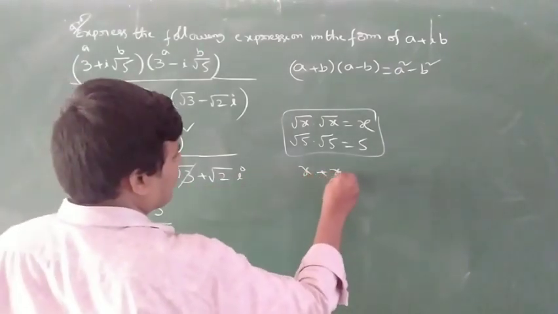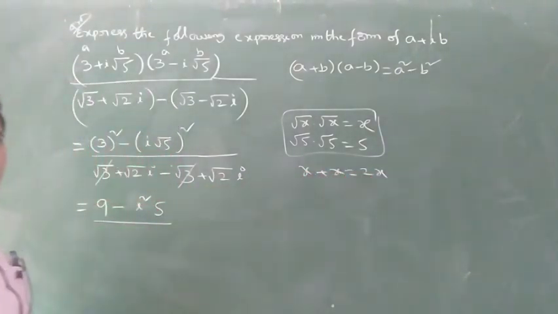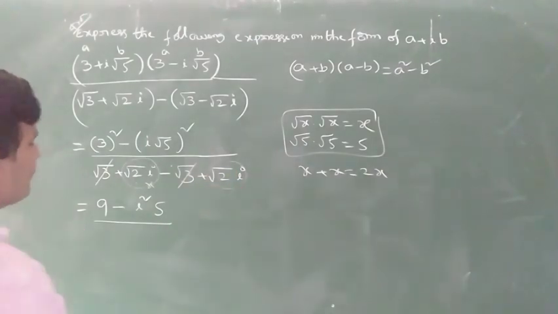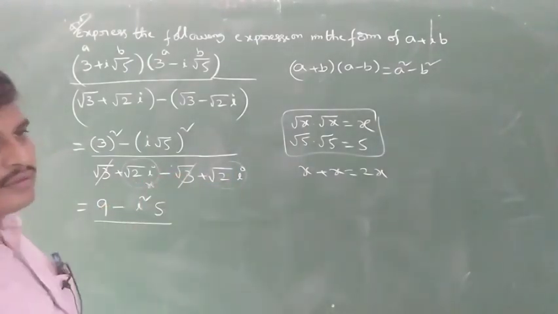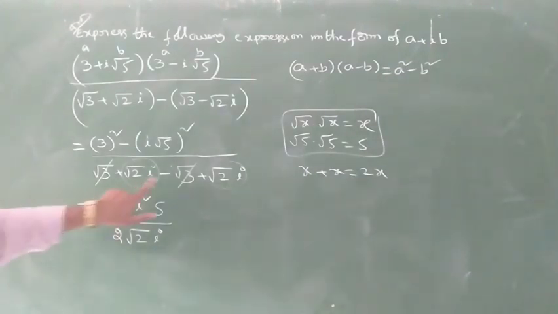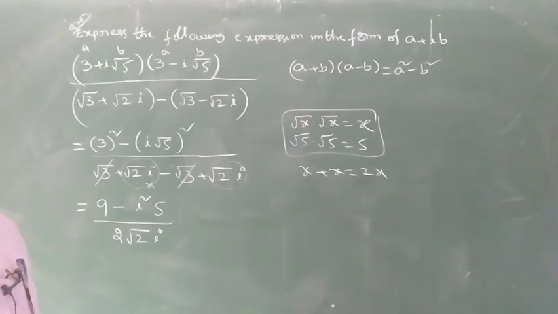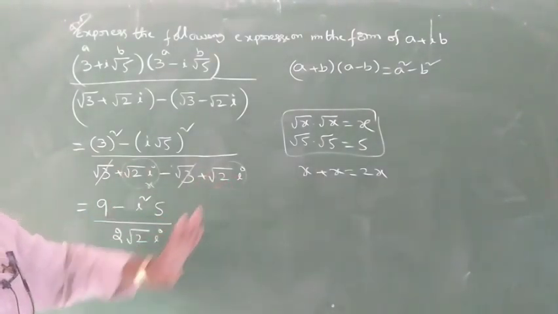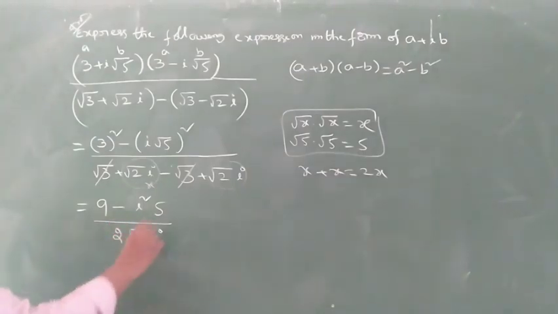x plus x is equal to what? 2x. x plus x is equal to 2x. So root 2i, take x. So 2 into x, root 2i. Same thing. One mango plus another mango, 1 plus 1 equals 2 mangoes. This is root 2i taken as 1 mango. Mango plus mango, 2 mangoes. Mango is what?